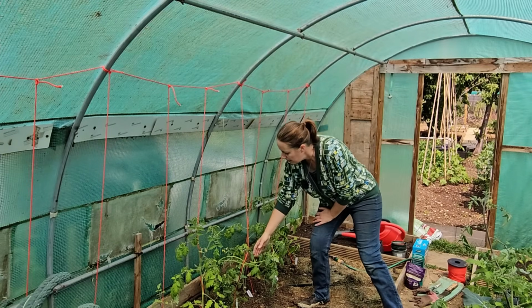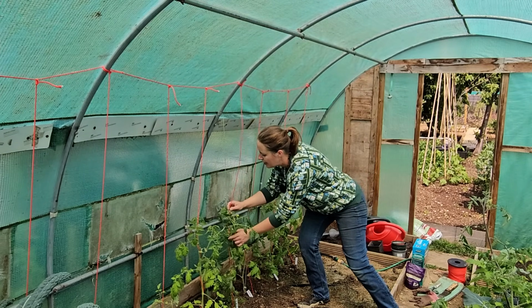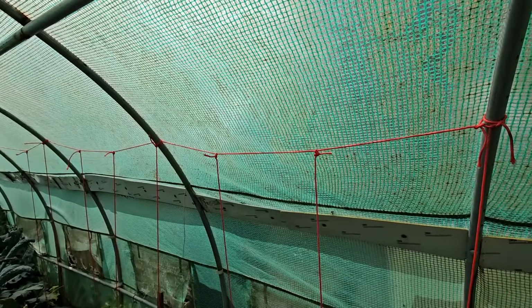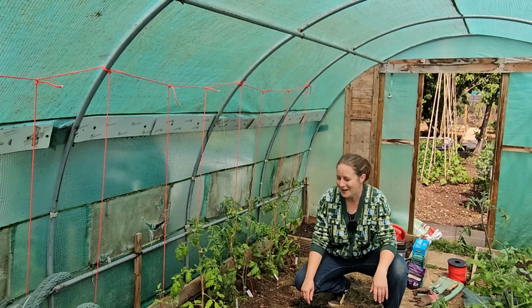This one's looking a little bit droopy. Let's string him in, and I have just used string this year. So last year I used bamboo canes and string. This year I'm just using string because I just simply won't have enough bamboo canes for all the tomatoes that